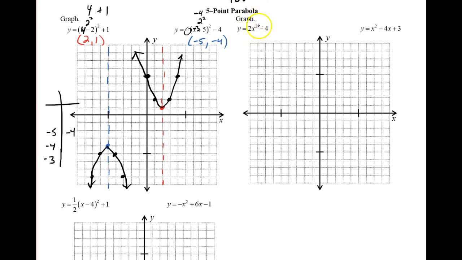This is kind of unique when there's no middle term. This is in both standard form and vertex form at the same time, because I could write this as x minus 0 squared minus 4. And so that means my vertex is at 0, -4. So my vertex, let's do this in red here, is at 0, -4. My line of symmetry